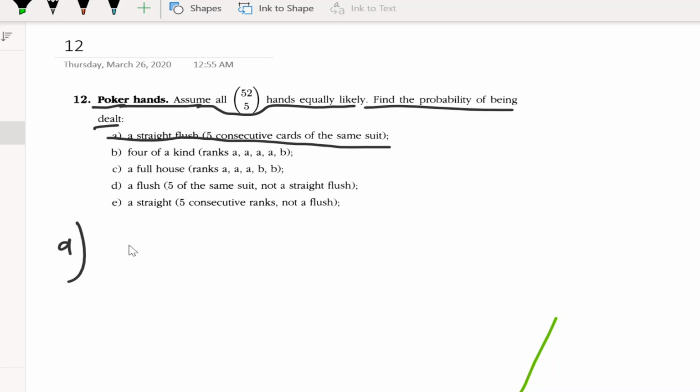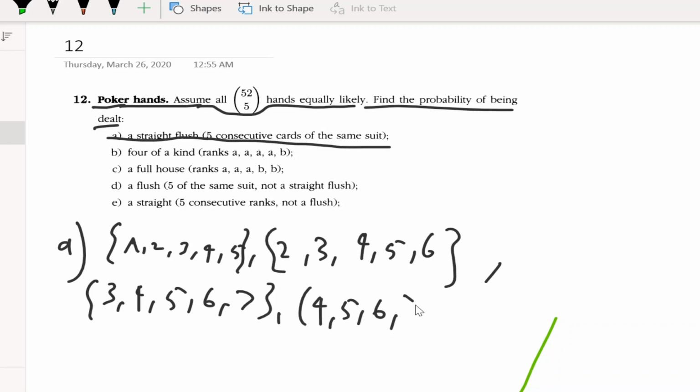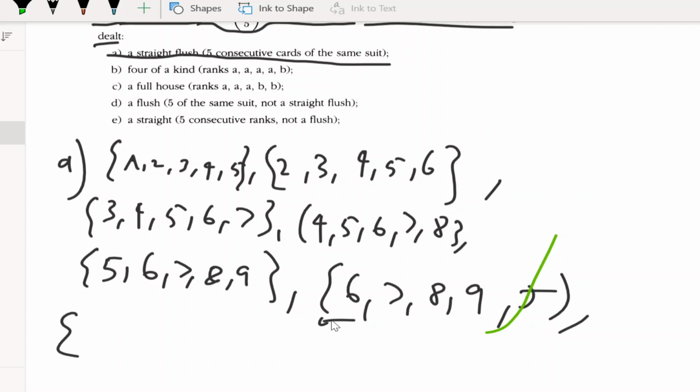So a straight flush just means 5 consecutive cards, so we can have ace, 2, 3, 4, 5. Then 2, 3, 4, 5, 6. Then 3, 4, 5, 6, 7. Then 4, 5, 6, 7, 8. Then 5, 6, 7, 8, 9. Then 6, 7, 8, 9, jack. Then 7, 8, 9, 10,